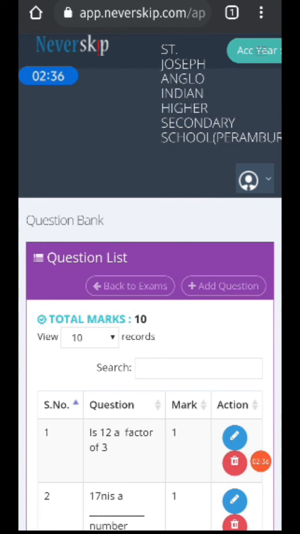There is a missing icon here, export PDF. So it might be added to our app a little later. So using that particular icon, you can download your question paper and use it for further reference. So at the moment, we are not having it. Now let us move on to add questions.